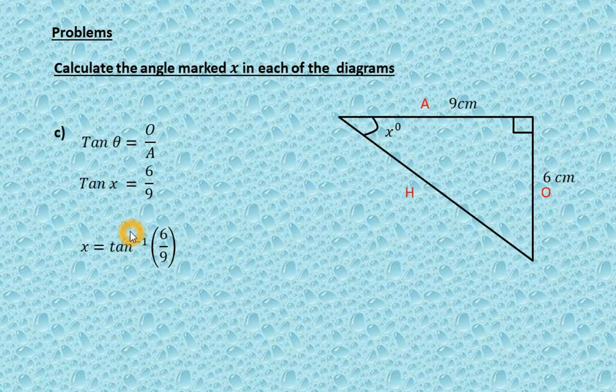The sine case and cos case you can also use this way. No need to write these two steps. You can directly write tan inverse opposite side by adjacent side. To find the other angle, in the cos case, cos inverse adjacent side by hypotenuse. In the sine case, sine inverse opposite side divided by hypotenuse. In the tan case, tan inverse opposite side divided by adjacent side. That way you can directly find the angle.